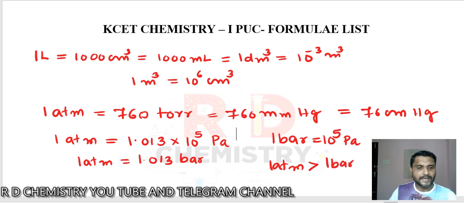So we can convert degree Fahrenheit into degree centigrade or degree centigrade into degree Fahrenheit. It is 9 by 5 times degree centigrade, then to that you add 32, right? Clear?